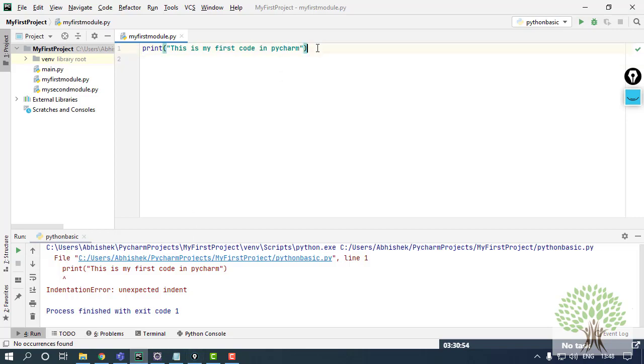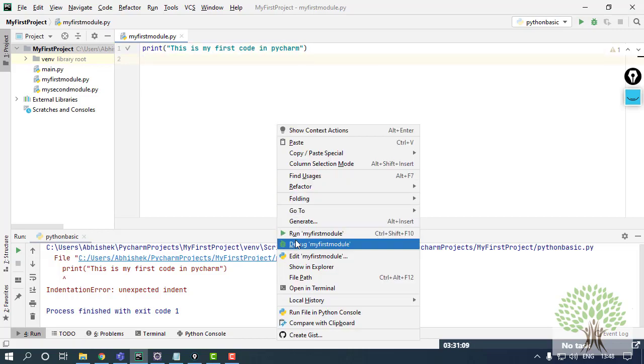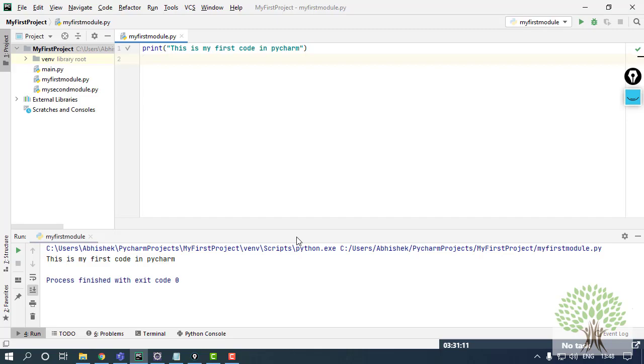So this is the simple syntax of a print that you can give in Python. No extra end of line statements, you don't have to give any colon or something. Nothing is required. It simply is going to print your output, and that's good. And the same thing we have seen in Eclipse as well, that it was running perfectly fine. Now moving on to the syntactical error.